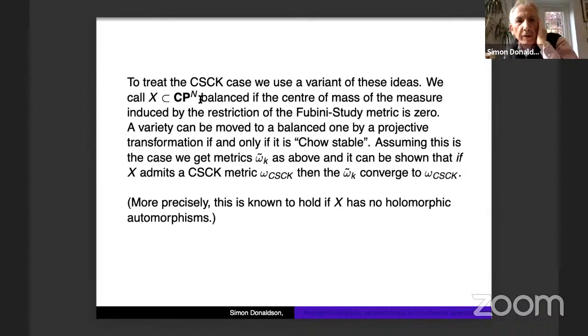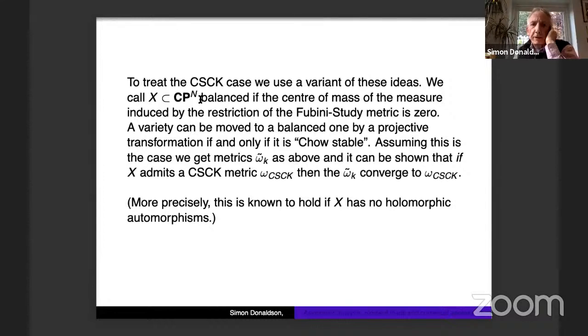Now there's a rather more subtle theory in the finite dimensional situation of this: that we can move a variety to a balanced one by a suitable projective transformation if and only if it's what's called Chow stable. So this is the connection with what's called geometric invariant theory. But okay, leaving aside saying anything more about the theory, assuming that Chow stability does hold, then we